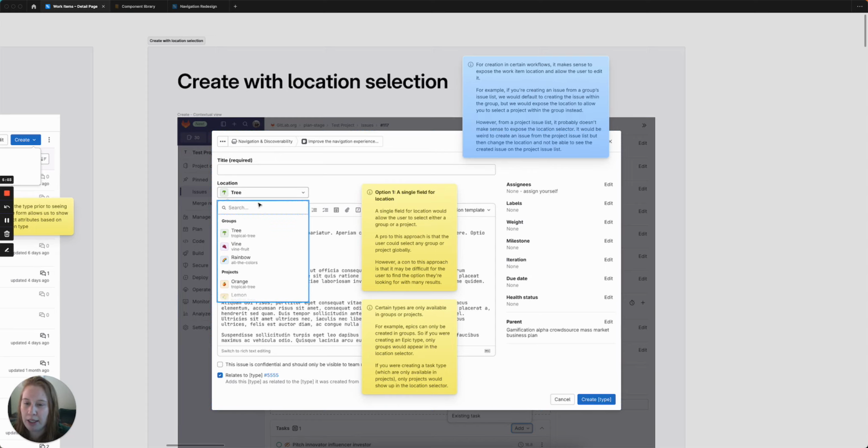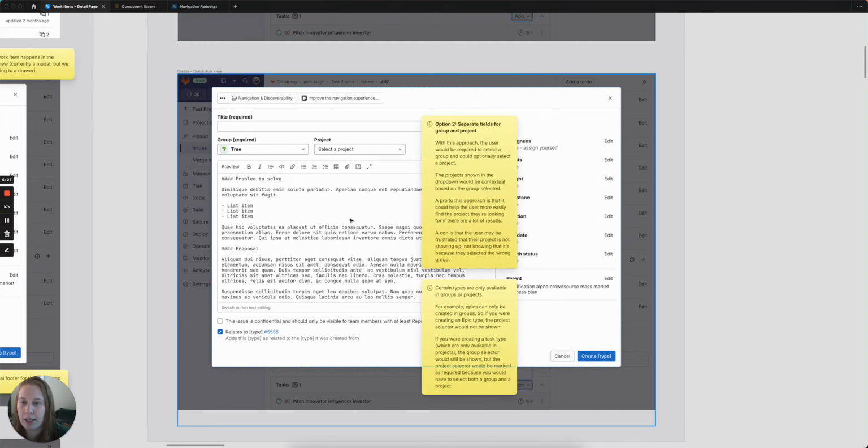One option is to have a single location dropdown, so you could pick either a group or a project from here. For certain types, obviously, like for an epic, you'd only see groups. For a task, you'd only see projects. But for something like issues, where we're going to soon be offering issues at both the group and the project level, you would be able to see both, and you'd be able to select either from one selector. Another option is two separate